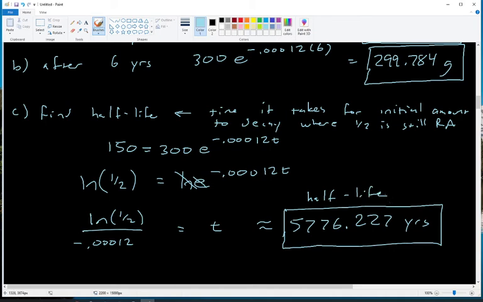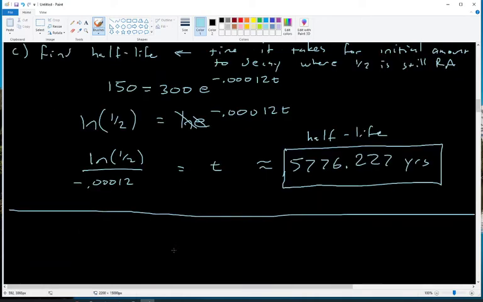And so like we said, after 6 years it barely decayed. It makes sense that if you want half of it to decay, it's going to take a pretty long time for that to occur. All right, so you guys will see one kind of similar to that in your homework. Next, we got a